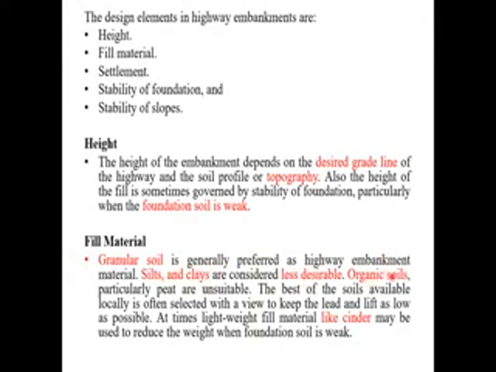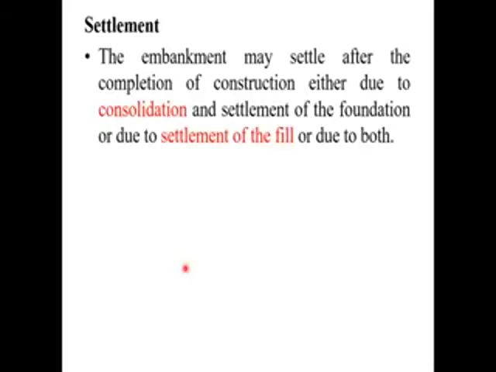Just like in your structural design, you consider a minimum factor of safety, similarly here also you have to consider a factor of safety of 1.5. Suppose the strength is 1, you know what the factor of safety is, like that you have to provide a factor of safety of 1.5. I will give an example: if the load on the aggregate is 100 kilonewton, with factor of safety it is 100 into 1.5, so you have to design it for a 150 kilonewton load. Just like that you have to consider factor of safety here also.